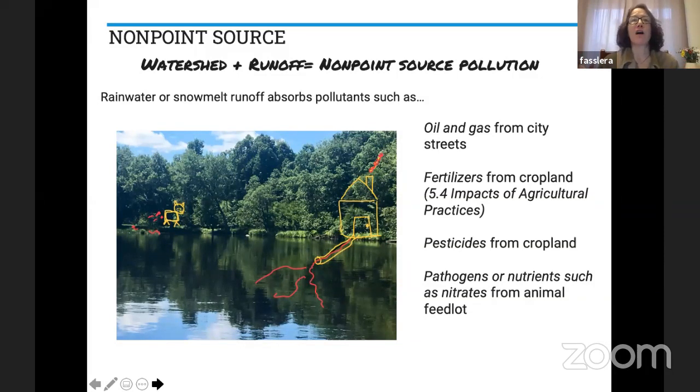You had impacts of urbanization, impacts of feedlots in industrial agriculture, impacts of clear cutting or logging. So it really incorporates this idea of watershed and runoff. Remember, in our definition of non-point, we had that concept that once something happens on the land and that substance can get dissolved in water or snow melts and it carries it down off the land, it's going to ultimately end up in a body of water, surface water like lakes or rivers or streams, or it ultimately could end up in a coastal ecosystem, the Gulf of Mexico.